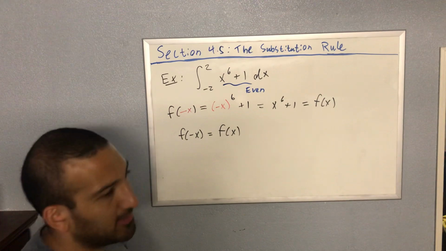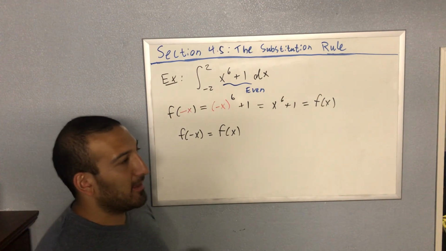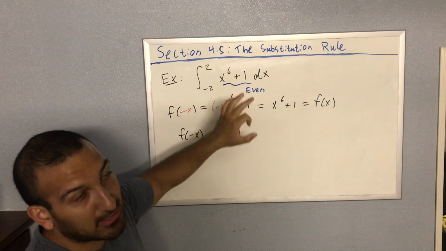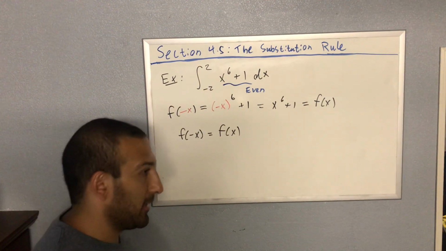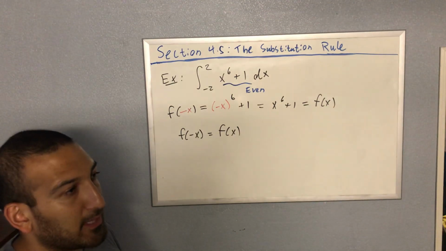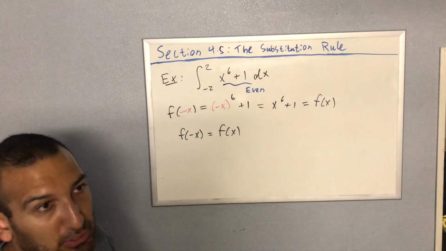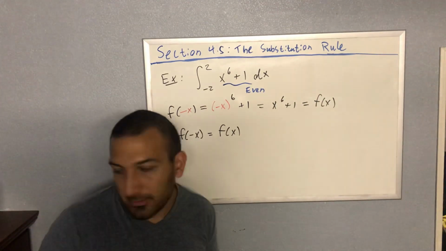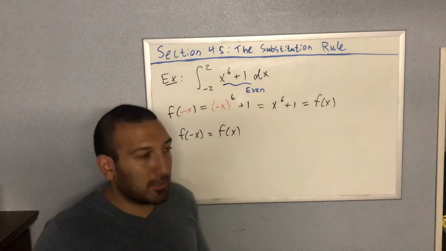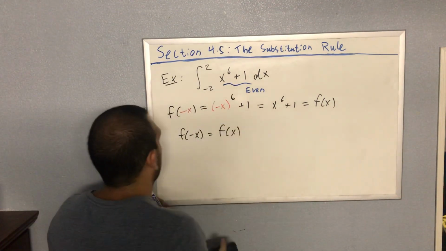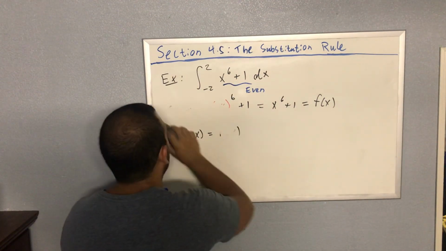And it's not a coincidence that this power is even and this is an even function. Now, not every function that has an even power will be even. Like an even power plus an odd power, that's not going to work. That will be neither odd nor even, but it's good to just know that little bit. Okay, so this is an even function,